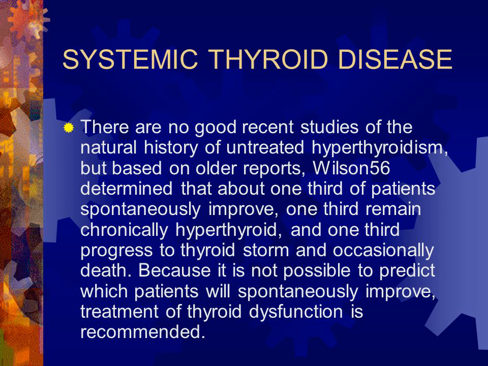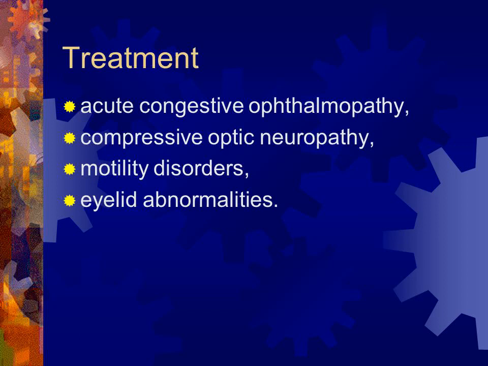Systemic thyroid disease. There are no good recent studies of the natural history of untreated hyperthyroidism, but based on older reports, Wilson determined that about one-third of patients spontaneously improve, one-third remain chronically hyperthyroid, and one-third progress to thyroid storm and occasionally death. Because it is not possible to predict which patients will spontaneously improve, treatment of thyroid dysfunction is recommended. Treatment: acute congestive ophthalmopathy,